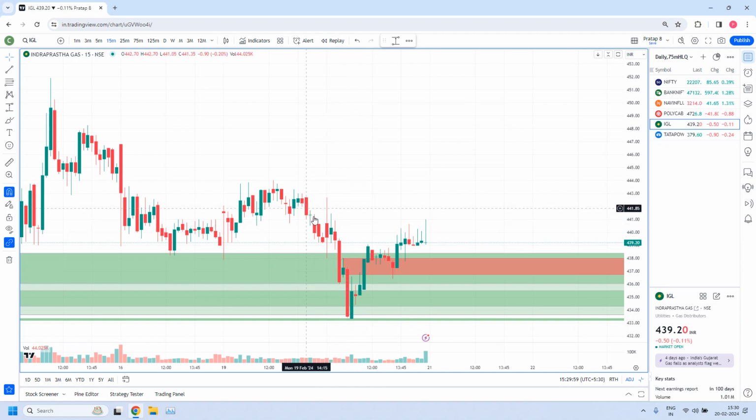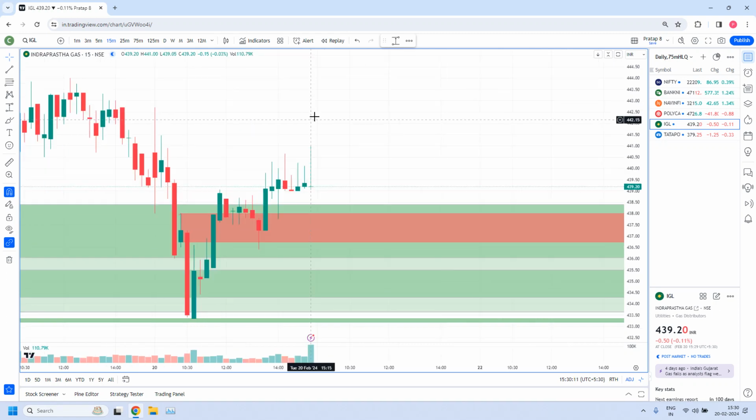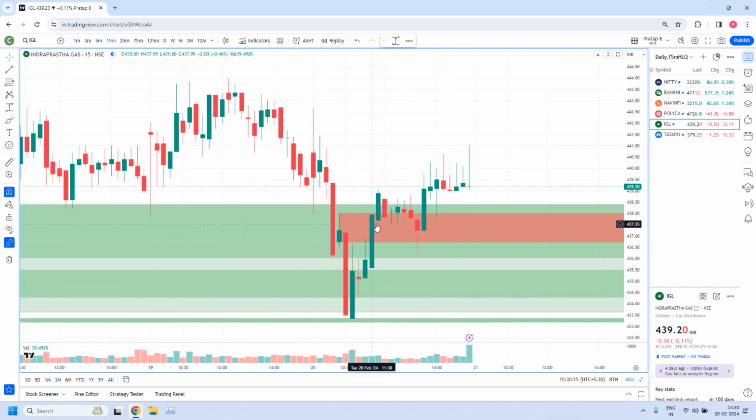Here also there is one more drop, base, drop. Prices reached this also. But always what we do, we consider the immediately available 15-minute zone. If anybody wants to go for more